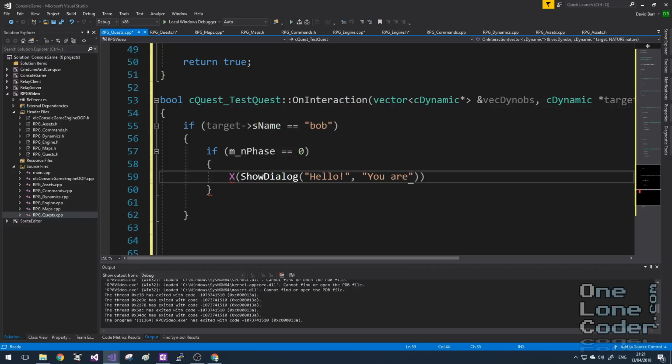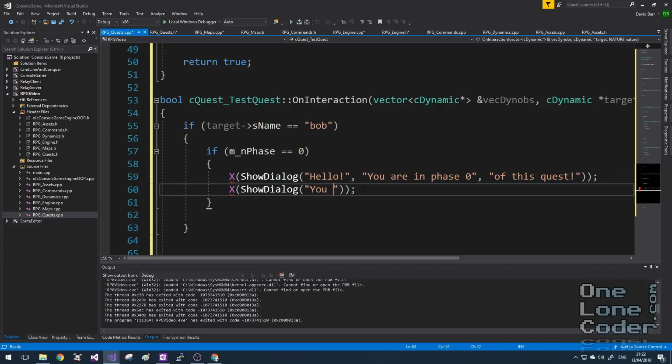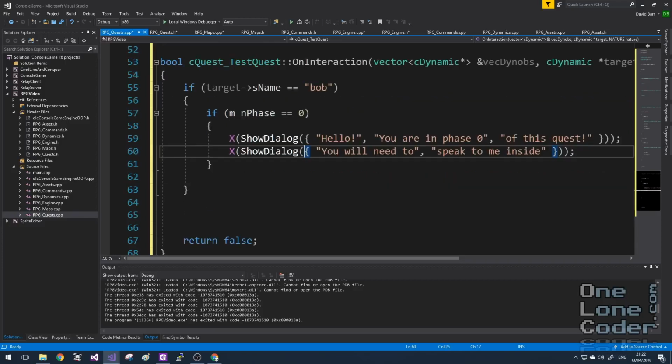Hello, you are in phase 0 of this quest. That's going to be the first dialog box. The second dialog box will be, you will need to, make sure we don't go too long, speak to me inside. And once this event has occurred, we want to return true,